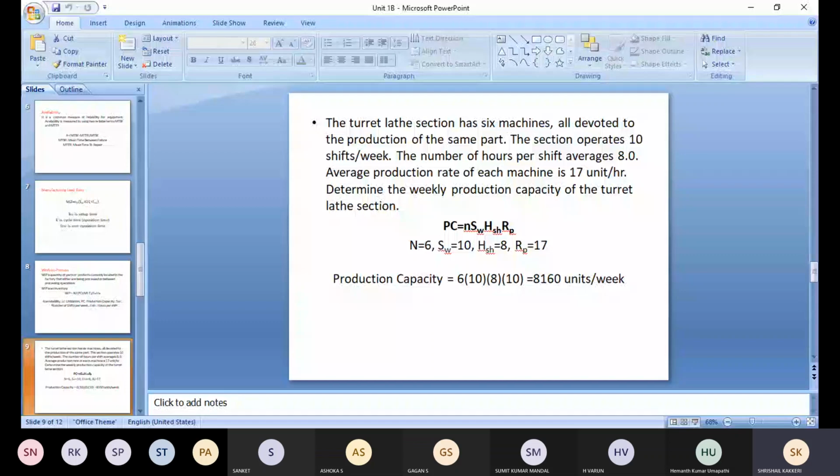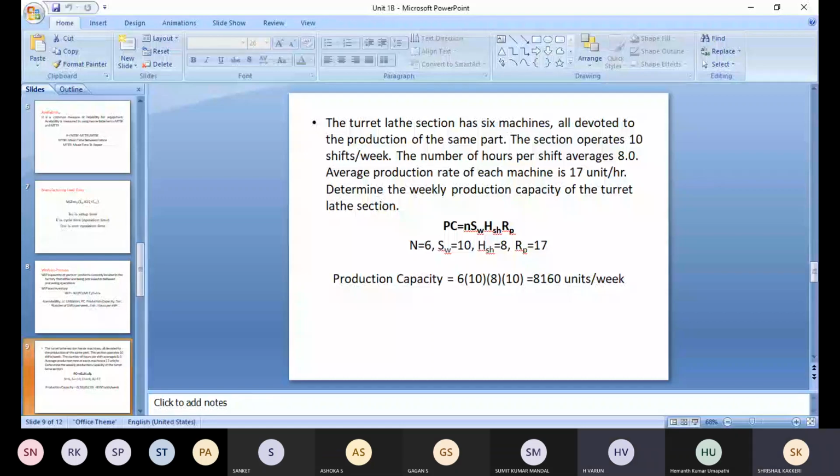The inspection will normally be done once after completing the part; it will be withdrawn from the machine and thoroughly inspected, and again it will be sent to the next machine. So what happens in between the two machines, the time required will be increased because of the manual operations. While the work is progressing in the machine itself, the testing is done online. Any problems are corrected on the machine itself, so that the rejections will be reduced and the non-operation time will be reduced and the testing can be totally eliminated. That is the meaning of online inspection. So these are the strategies of automation.